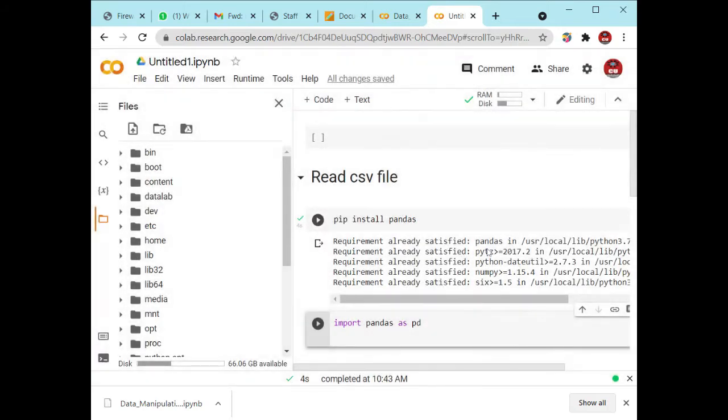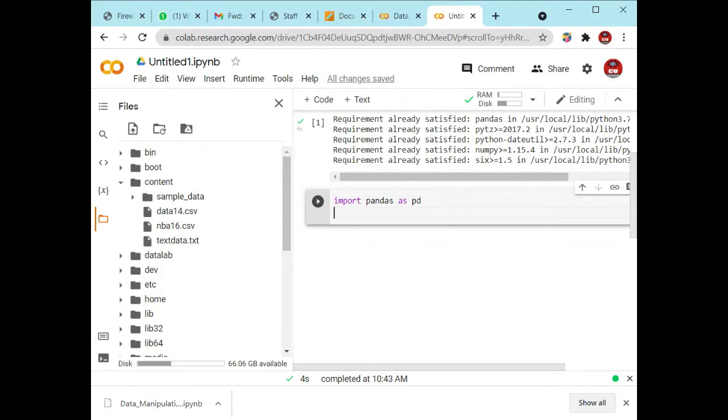So press OK and click on the content. You will see all these files present right here. We store the file content inside a variable.